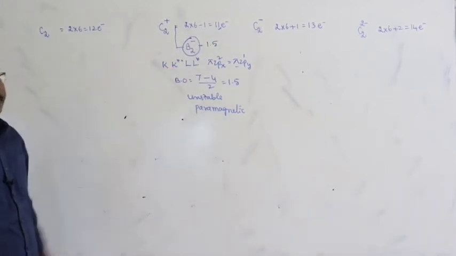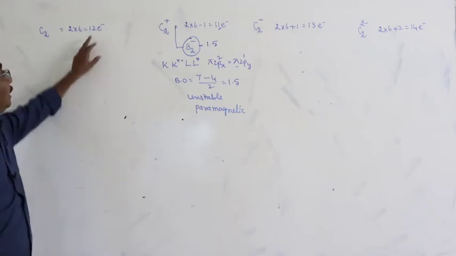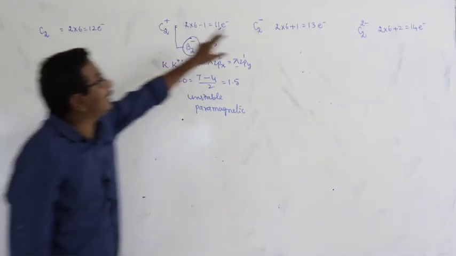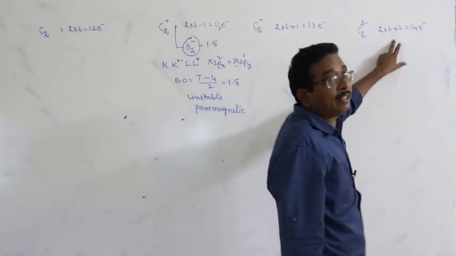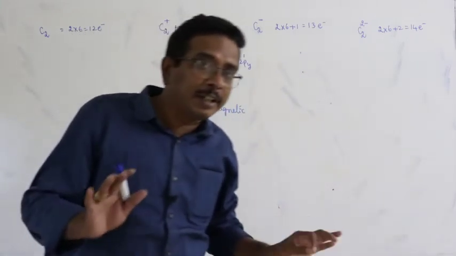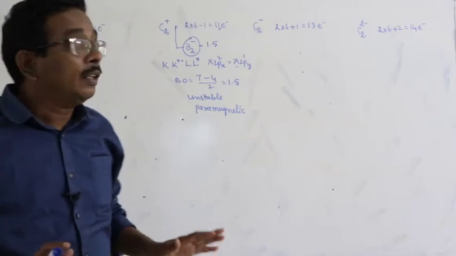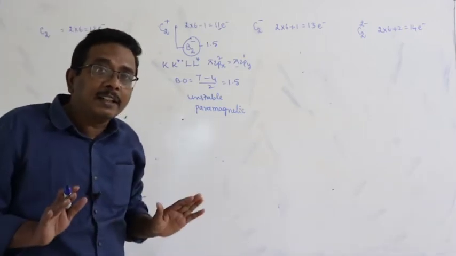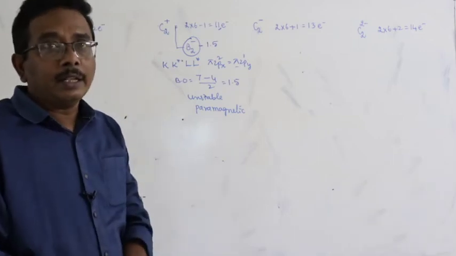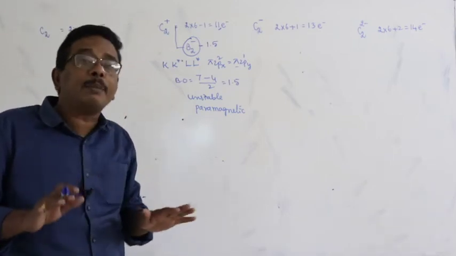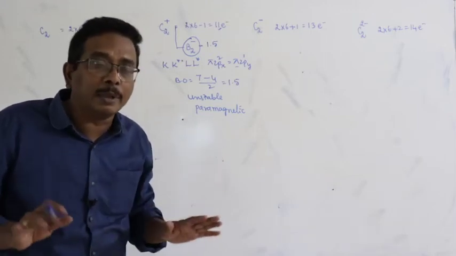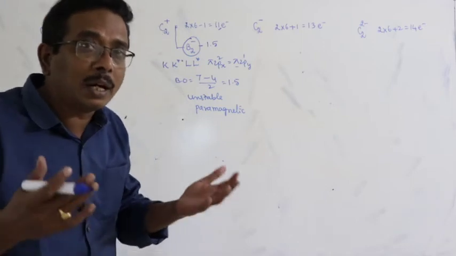But what about the remaining 3 species? Here this is the even number. This is the odd number. Once again this is even number. In most of the cases, this is a very important point. For the species with odd number of electrons having fractional bond order, the species with even number of electrons having the bond order as a whole number, that may be 0 or 1 or 2 or 3 etc.